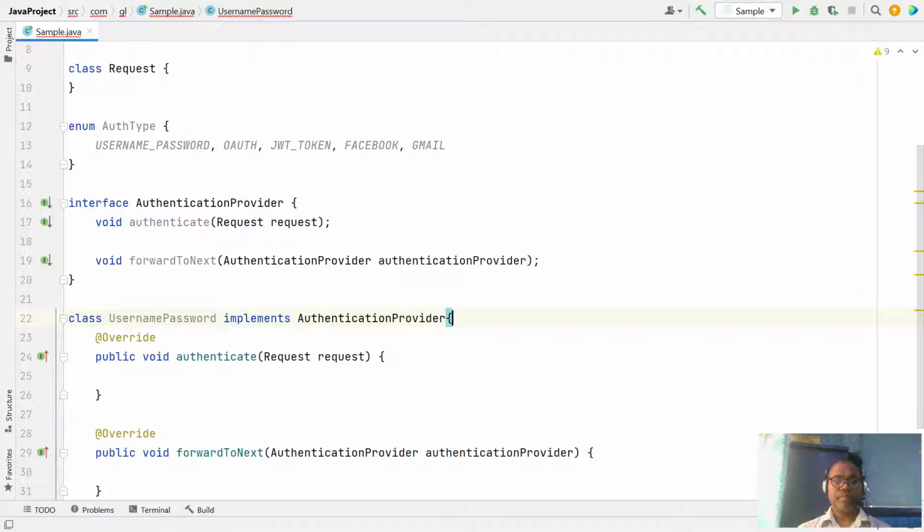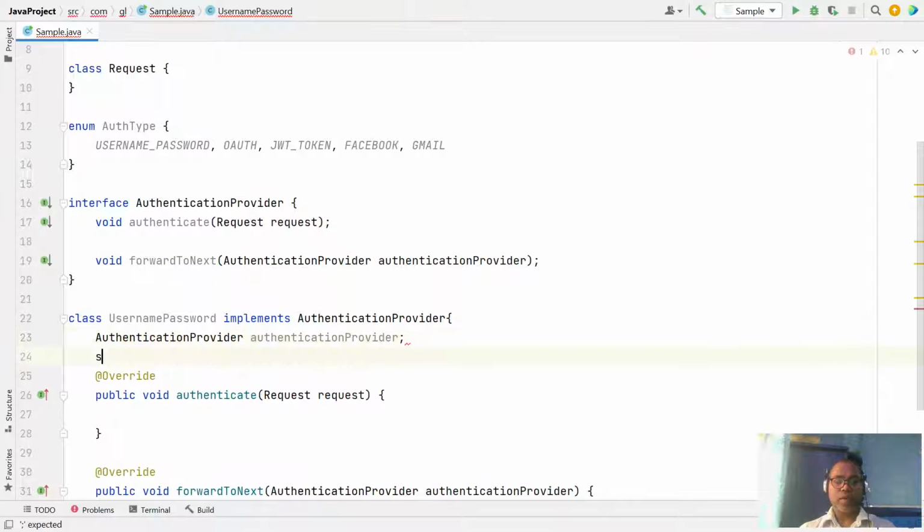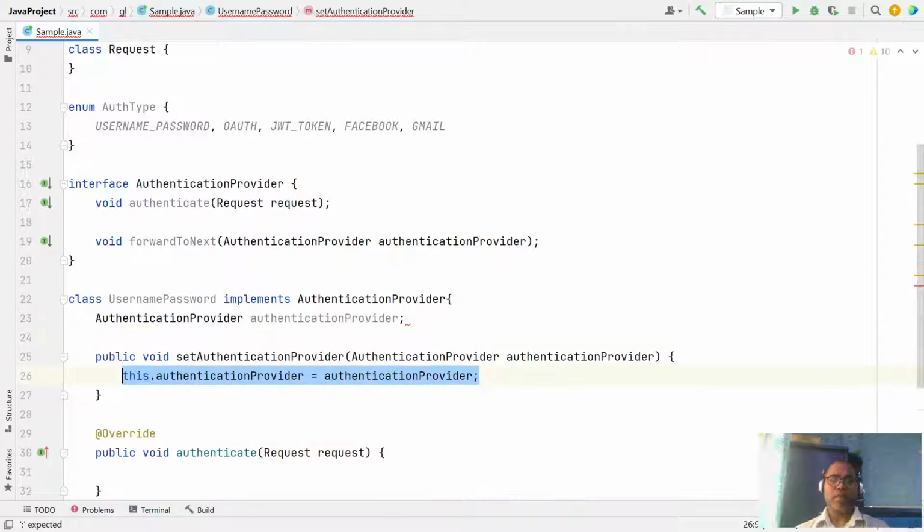So first, if our username password is not able to handle, then it must forward to the next. So what is the next? Like an authentication provider. So let's have this also hold a kind of authentication provider, and let's have a set authentication.